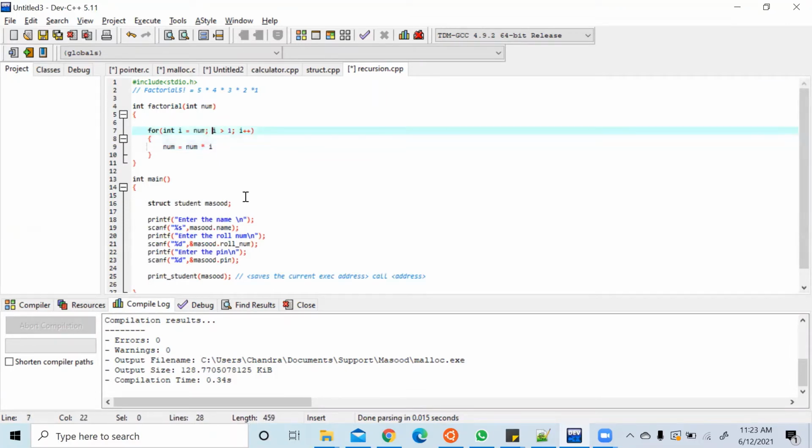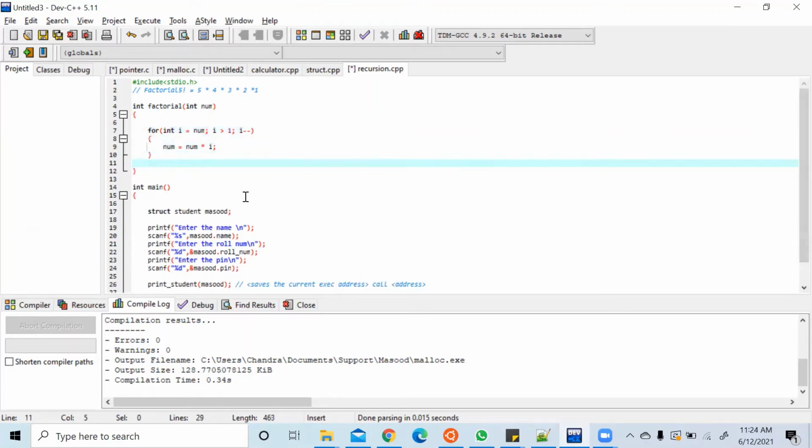So I have incremented here, so you'll go for an infinite loop. If I'm checking for greater than 1, I should decrement it here. So num is equal to num star i, and return. I'm just explaining how to write a function for the factorial of a number.